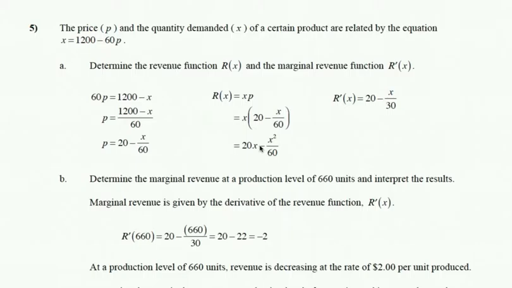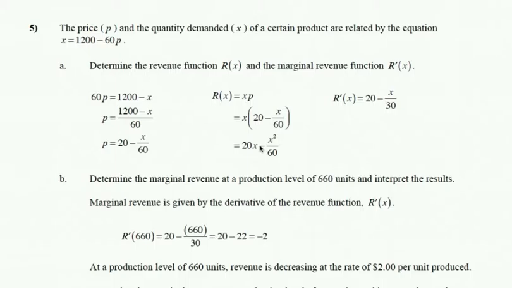We want one variable to differentiate with respect to, and so we want price in terms of quantity. We want p in terms of x. So that means we have to solve for p. We have to isolate p in that